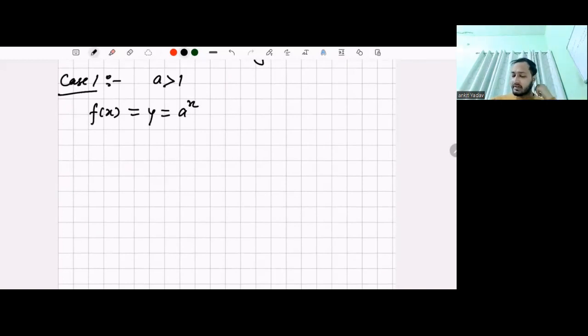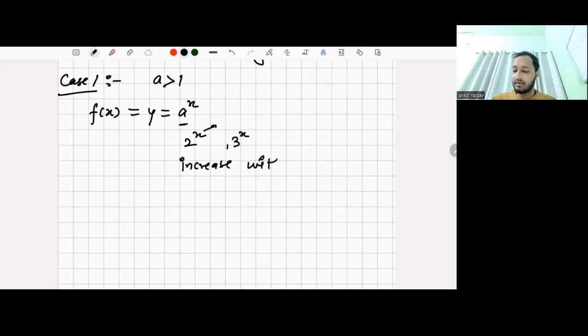अगर x की वैल्यू इंक्रीज कर रही है, अगर a जो है ये 1 से बड़ा है, मान लो 2 की पावर x और 3 की पावर x, ठीक है, तो as the value of x is increasing the function will also increase। जितना x की वैल्यू बढ़ता जाएगा उतना ही वैल्यू बढ़ेगा, increases